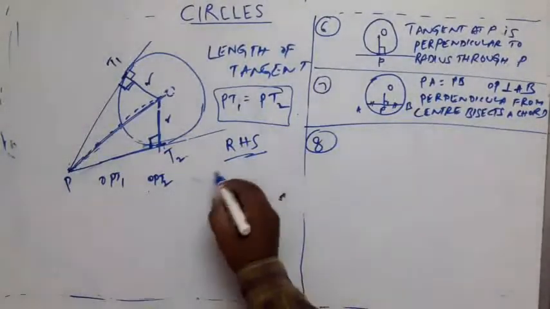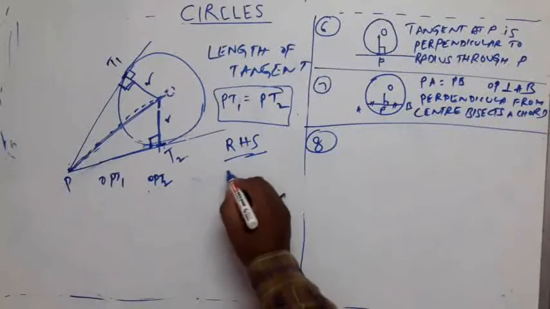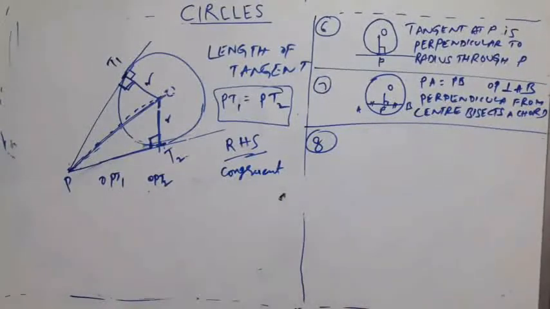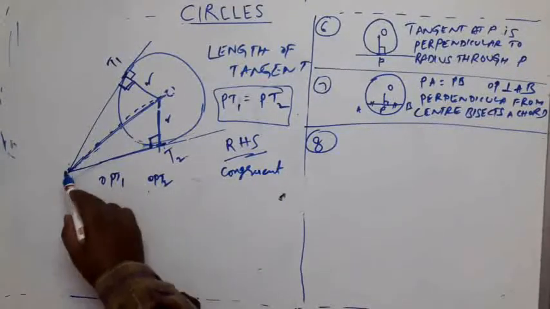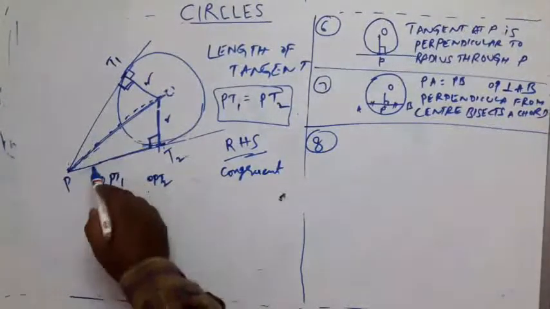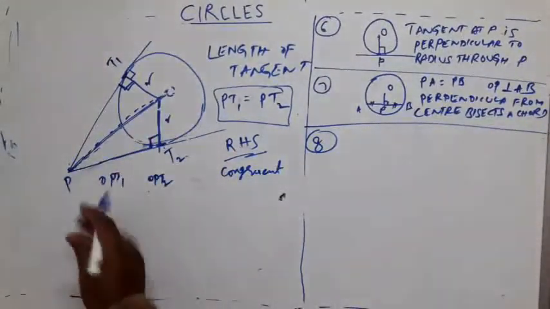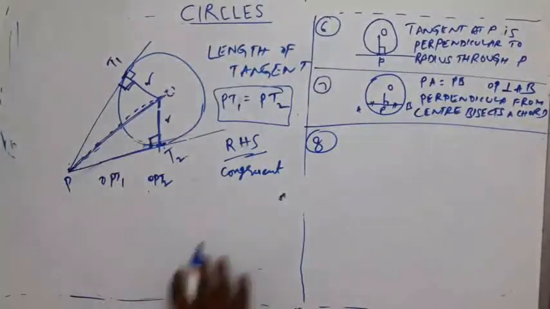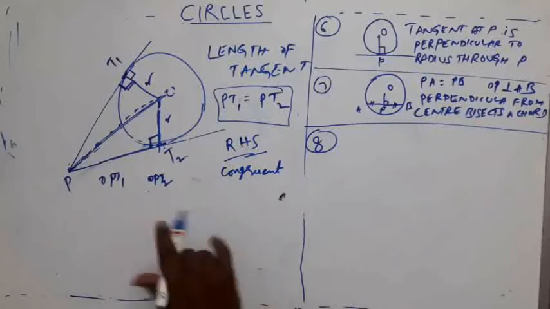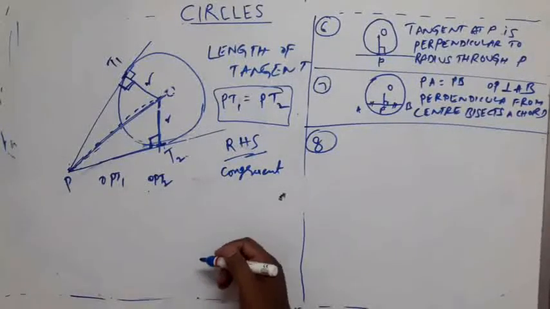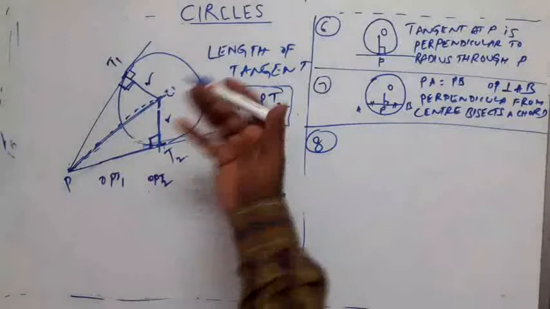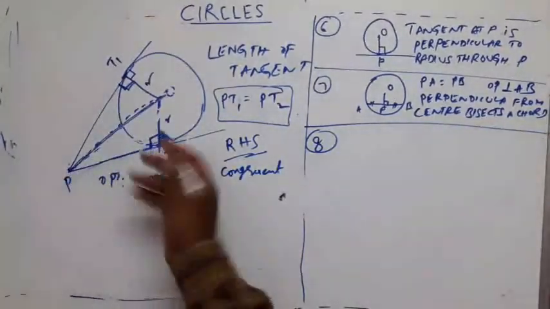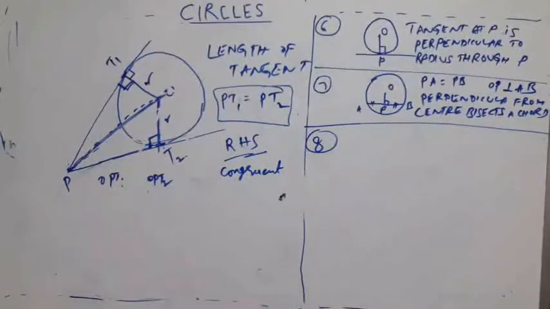RHS principle of congruency. Using that, we can say that these two are congruent triangles. So clearly, if you cut this triangle along this and also this triangle along this and place one triangle onto the other, they will exactly overlap. So obviously, corresponding sides will be equal, corresponding angles will be equal. So this side and also this side will be equal in length. That's all. PT1 is equal to PT2.